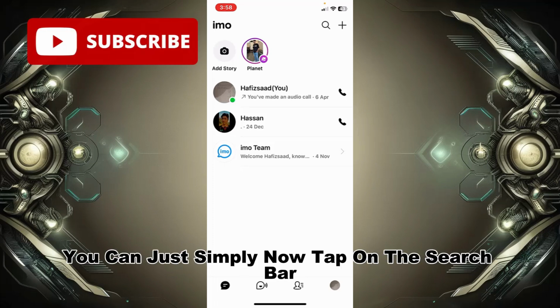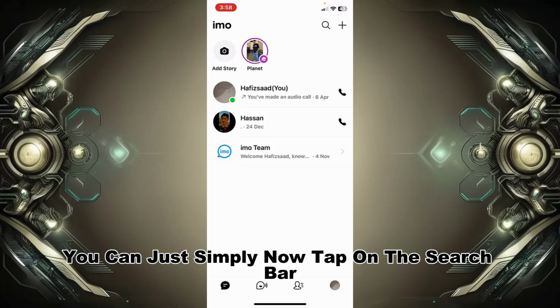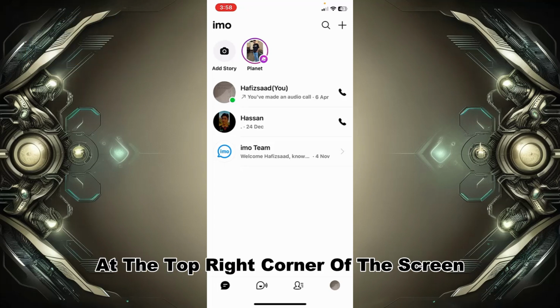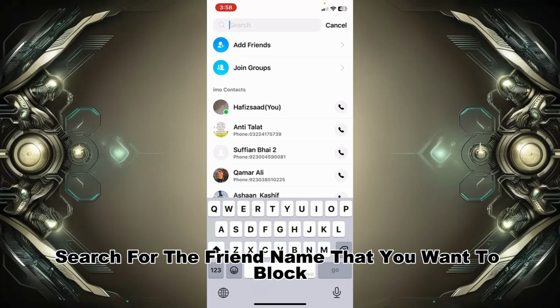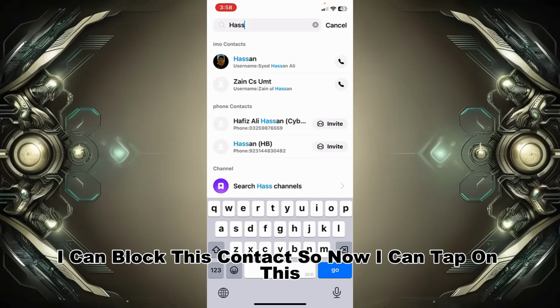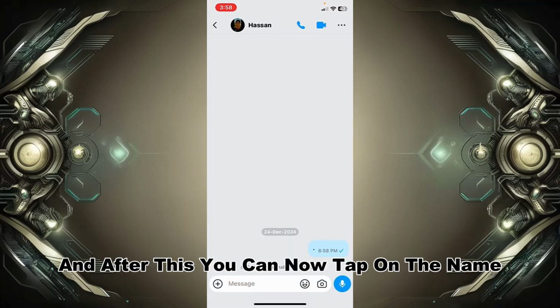After opening the app, you can simply tap on the search bar at the top right corner of the screen, and here you will simply search for the friend name that you want to block. I can block this contact, so now I can tap on this, and after this you can tap on